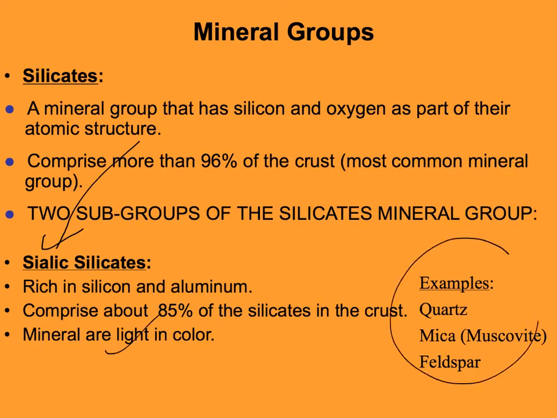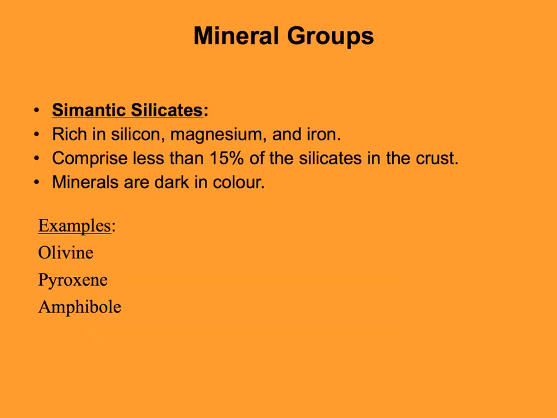So some examples of sialic silicates would be quartz, muscovite mica, and potassium feldspar, or just feldspar in general, typically lighter minerals, lighter color. The cemantic silicates, also very, very rich in silicon, also very rich in aluminum, but I